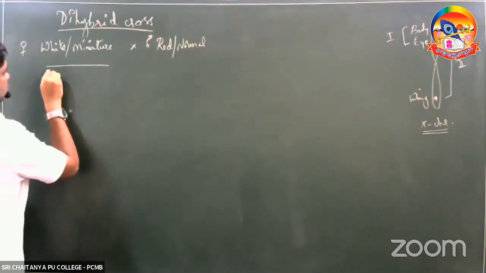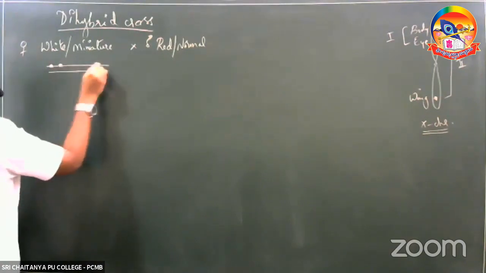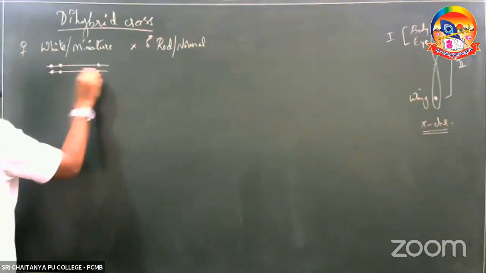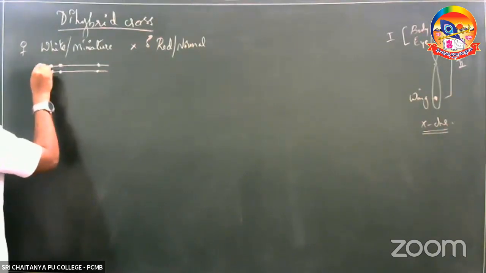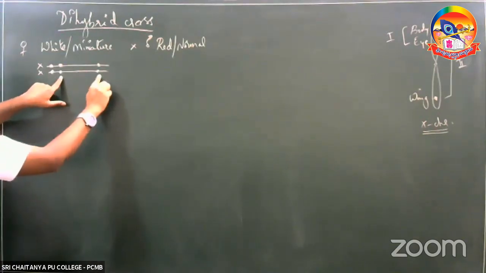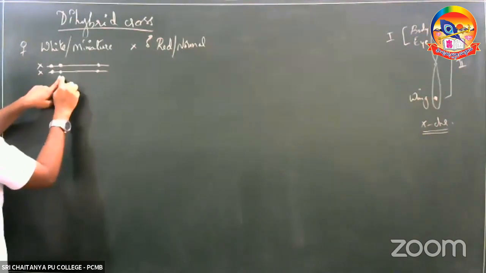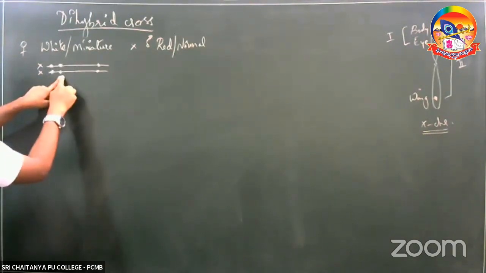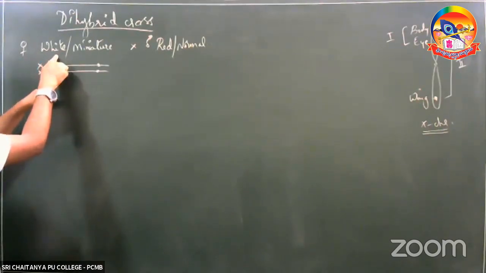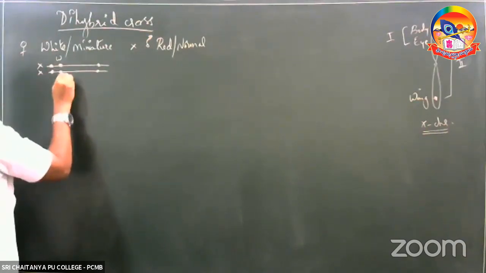So this is the X chromosome, 2 X chromosomes, right? Here the first gene, the second gene, and the third gene. Here also the first gene, second gene, and the third gene. Now this is one X chromosome and this is another X chromosome. This time we'll be taking into consideration these 2 characters which are actually far apart. This particular gene is responsible for the color of the eye. The color of the eye is said to be white. Now we know that white is a recessive trait. And how did we denote a recessive trait? Using the letter w.